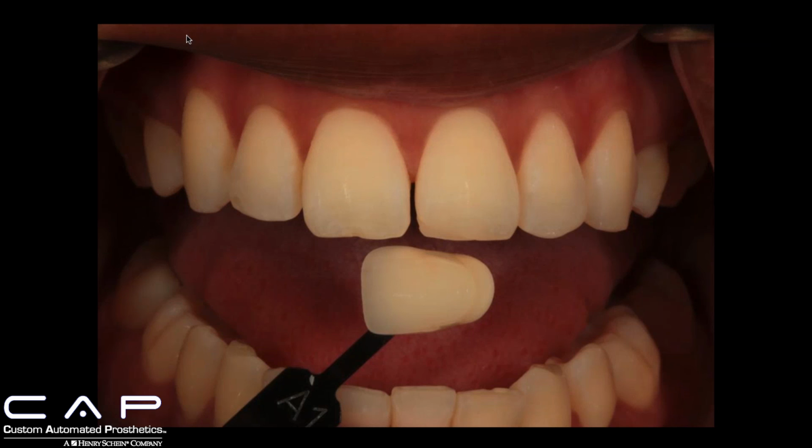Oftentimes I'll get a photo, or I'll even take a photo, because you're holding a camera and a shade tab in one hand, and it's one of those things where you've got to find your position and take a photo pretty quickly, because the camera gets heavy, the patient's moving slightly, and what will happen is that shade tab will do one of two things. It will fall behind the incisal edge of the tooth that you're matching, so the incisal edge of the tooth is actually overlapping your shade guide,